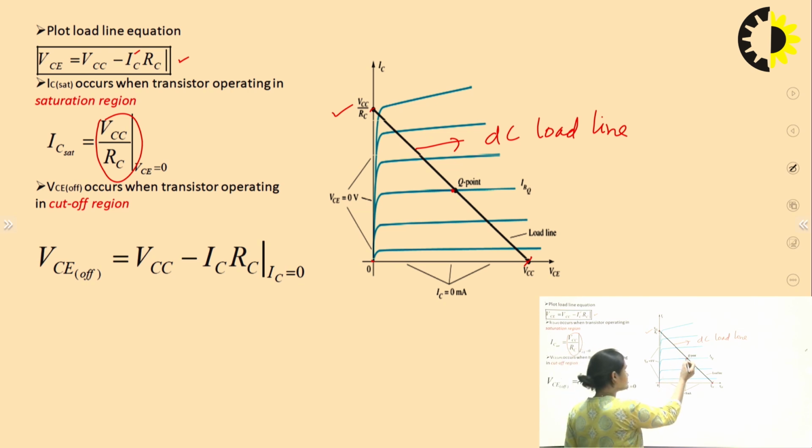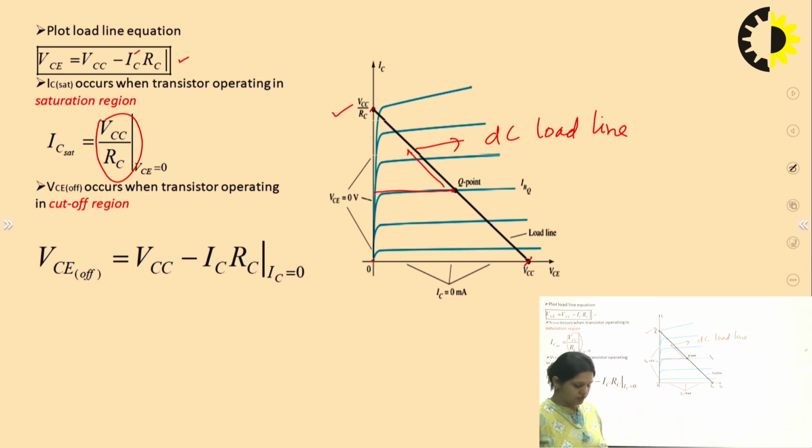Otherwise, if I shift this Q point in the upward direction, then definitely the output swing will be clipped off, and if I shift it in the negative direction, then it is possible that the negative part of the waveform gets clipped off. So this is how we select the operating point in the middle of the load line, and this is the right way of doing the biasing.